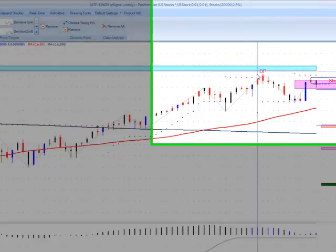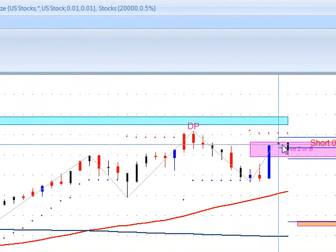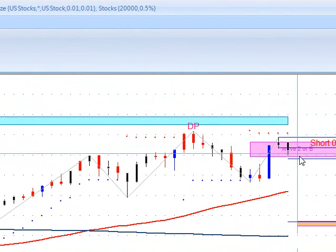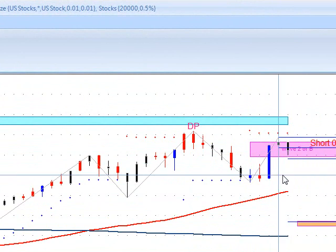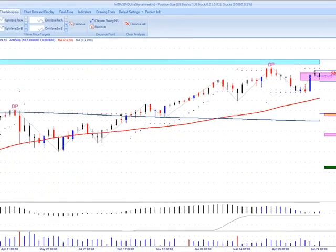A red seller's bar in this area is what we'd be looking for, to tell us that sellers are overcoming buyers for the week. And then you'd be setting up your trade with a potential wave 3 down. So daily we've got support. We could be headed wave 5 up, but